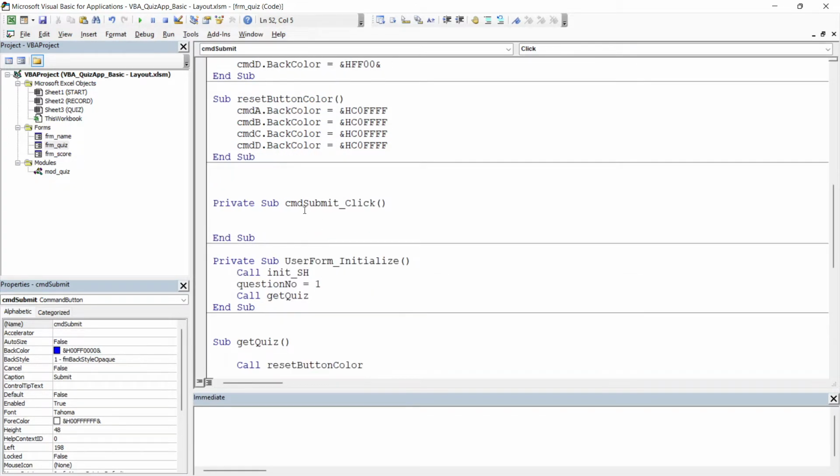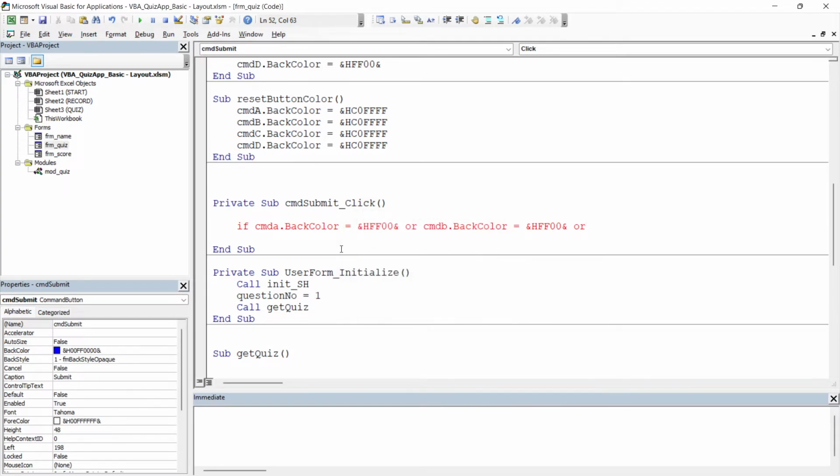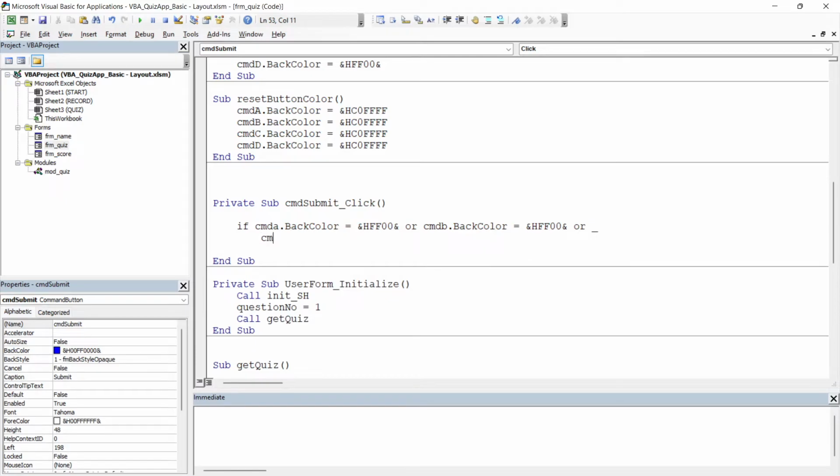So here in the cmdSubmit click action, we will validate if cmdA dot back color is equal to this, or cmdB dot back color is equal to this, or, oops, let's go down, cmdC dot back color is equal to this, or cmdD dot back color is equal to this. Then,